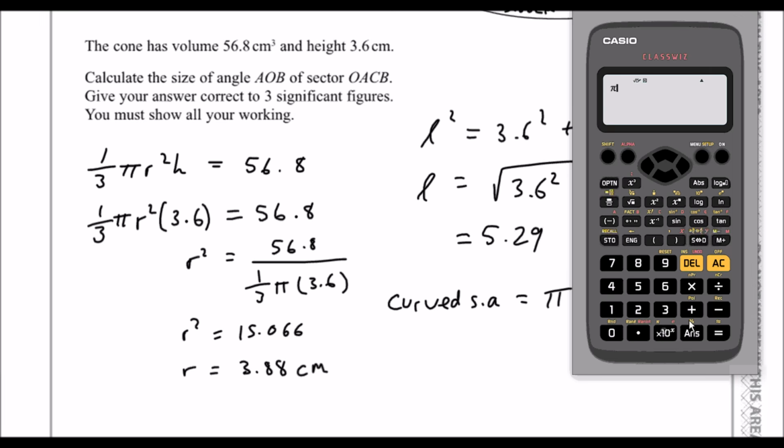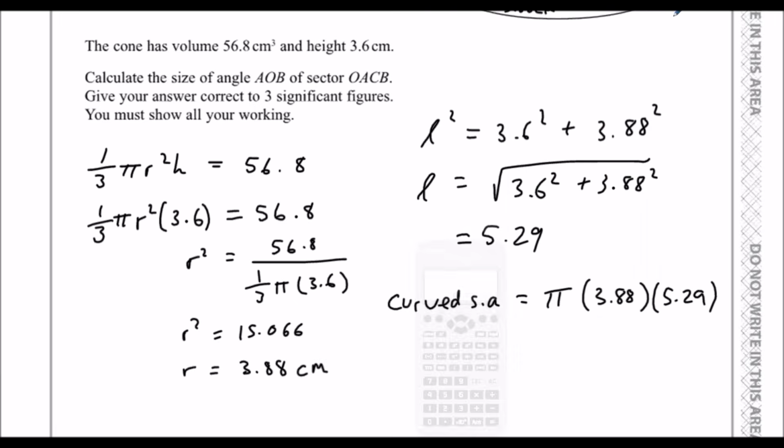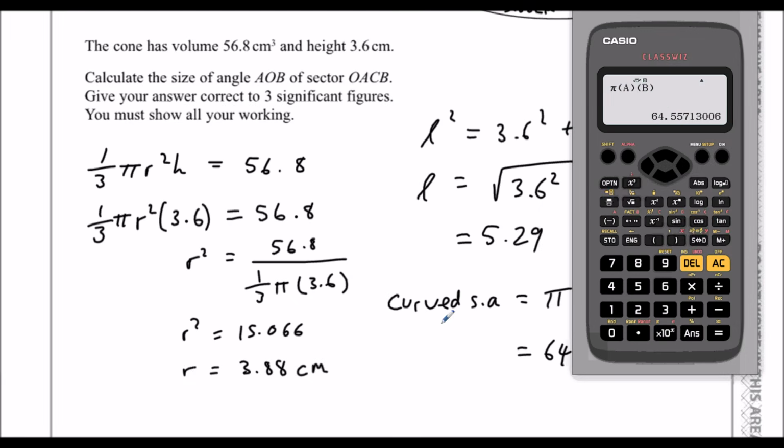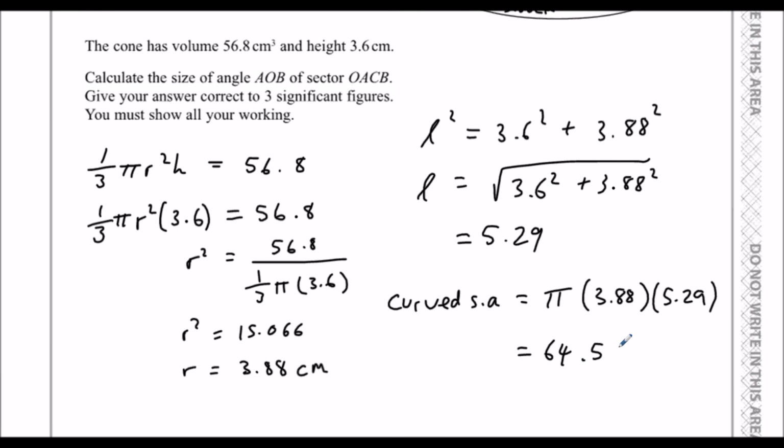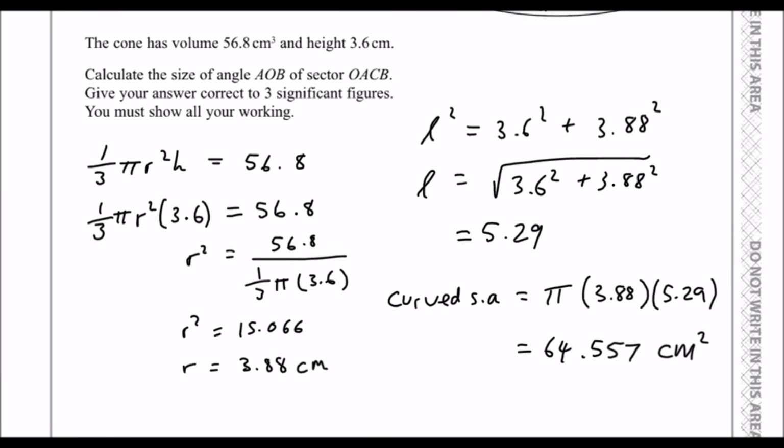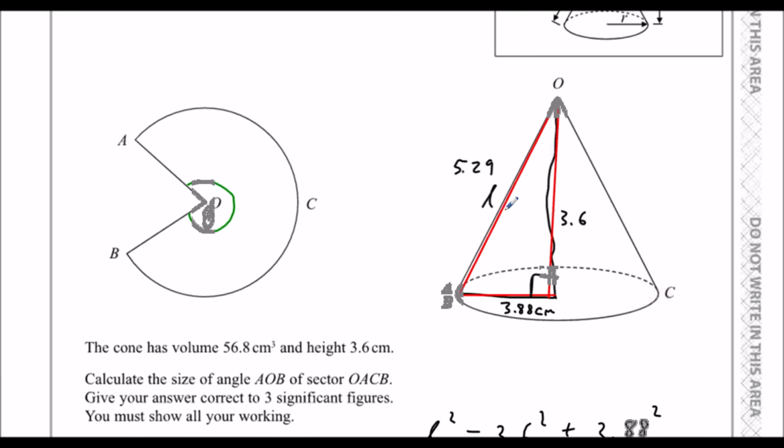So it's pi times my last two answers, which is 64.557 centimeters squared. So that's the surface area of this cone, which is the same as the area of